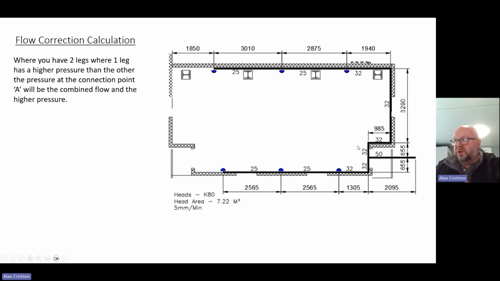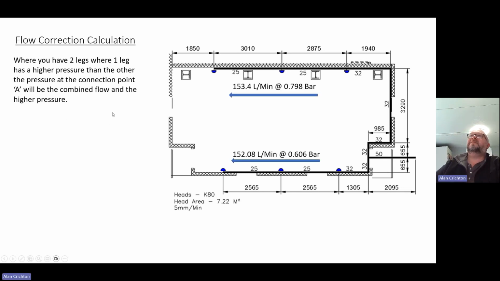Because that's shorter pipe, it'll be less pressure. Okay, so for instance, on here we've got 153.4 litres per minute going the north leg at 0.798. And then on the south leg, it's 152.08 at a pressure of 0.606. Remember, third decimal place. Now, the thing here is, what's going to happen is that